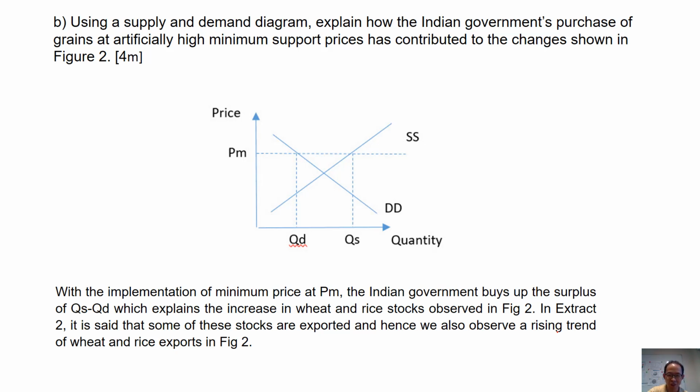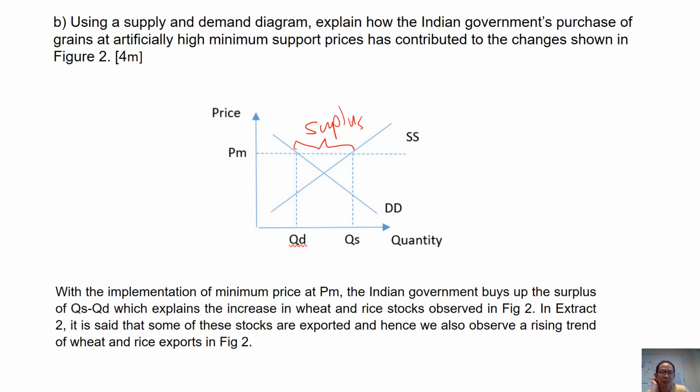Okay, so make sure you draw a diagram that looks like this. The key is this: with the implementation of the minimum price, the Indian government is committed to buy up the surplus stock of rice. You see, all minimum price creates some form of surplus. So when the government buys up the surplus of QSQD, this will give you the increase in wheat and